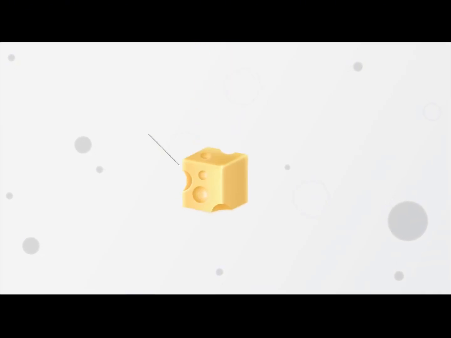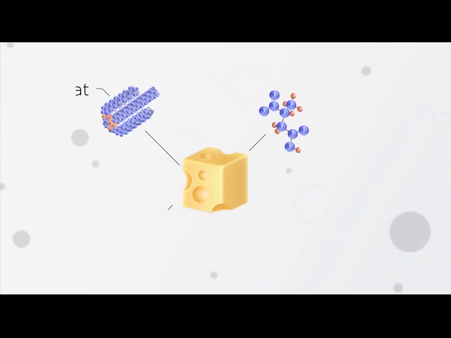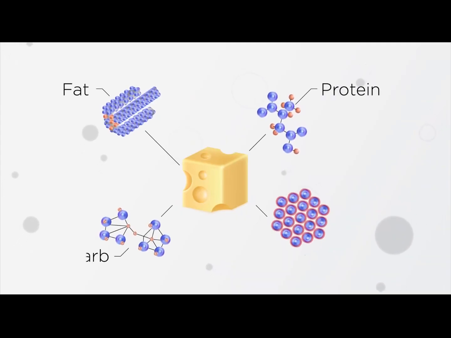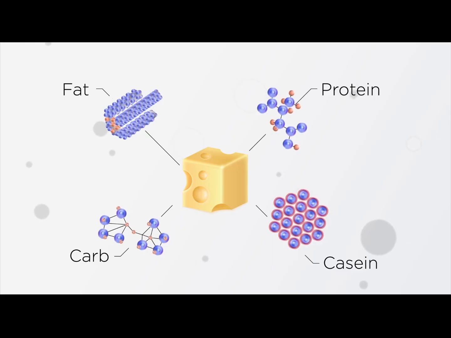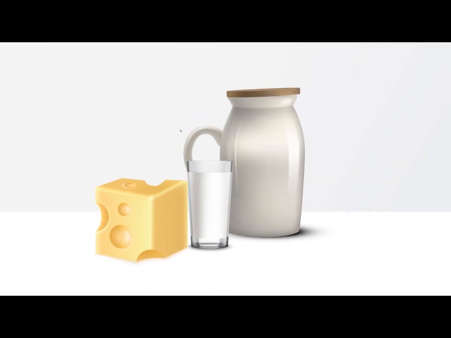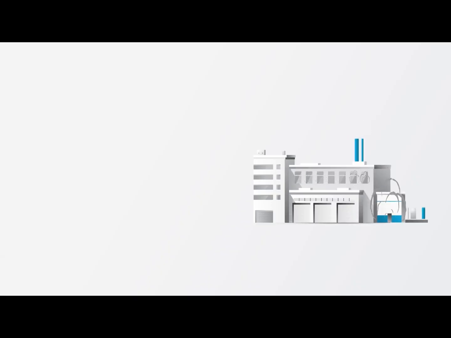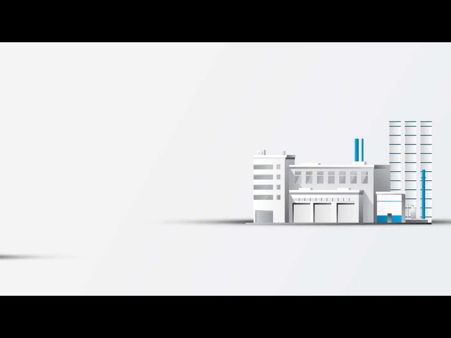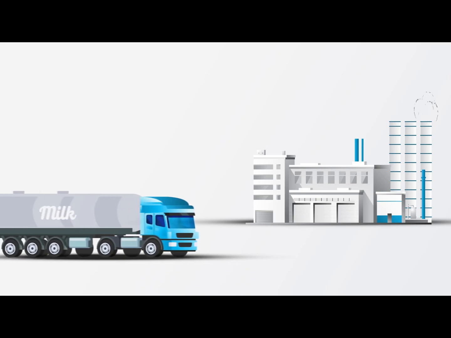If you are in cheese production, you know the accurate analysis of fat, protein, carbohydrates, and casein is important. By controlling these constituents, a cheese production facility can 1. Save money, 2. Increase yield, and 3. Ensure product quality. At receiving, a lactoscope FTIR will help processors screen incoming milk for fat, protein, lactose, total solids,